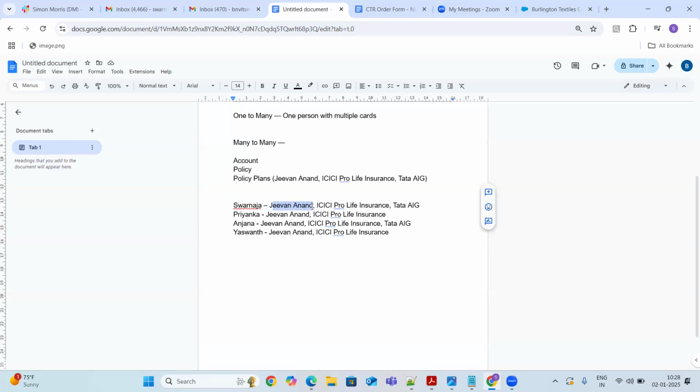So a single record should associate to four of us. Jeevan Anand is going to associate to multiple persons. This is one to many and many to one. Multiple persons are going to associate to Jeevan Anand.